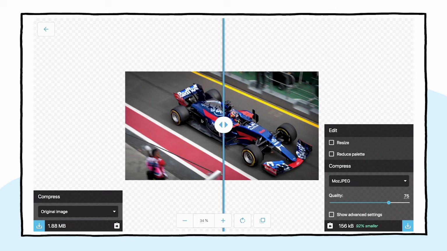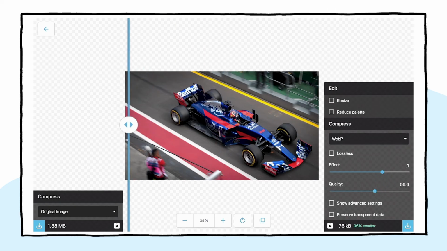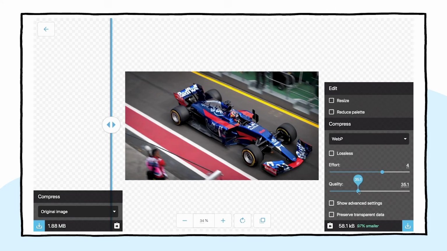Now, I'm going to start with WebP in terms of compression, and all I'm going to do, I think you mentioned this before, just bring the quality down until it looks bad, and especially with a high density image like this, you will be surprised how low you can go. Yeah. On the quality. Like, it's still really barely noticeable.